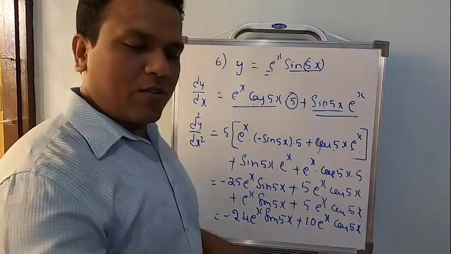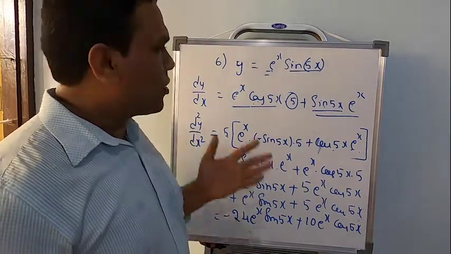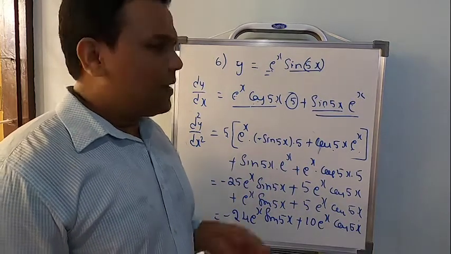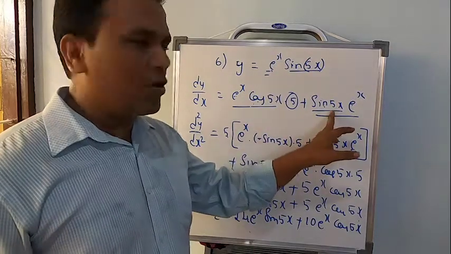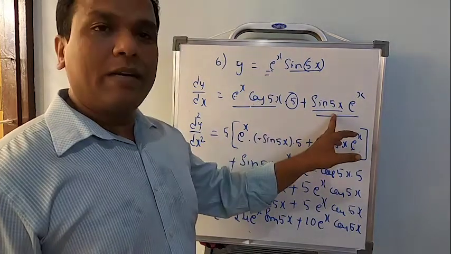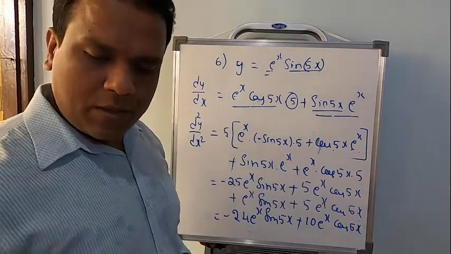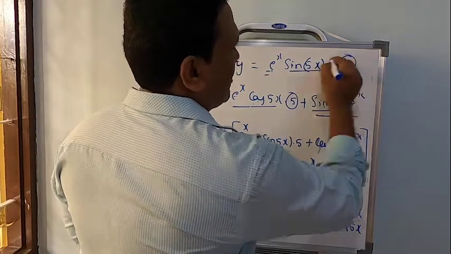See, if you know differentiation, it's not at all difficult. Now once you recognize the problem has to be done by product rule twice, once, twice, it doesn't matter. You can apply any number of times because we know the rule already. So first time product rule, again two terms you will be getting, both the terms you have to differentiate by using product rule.